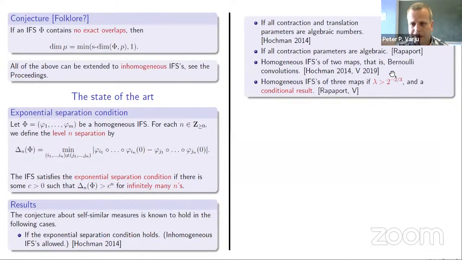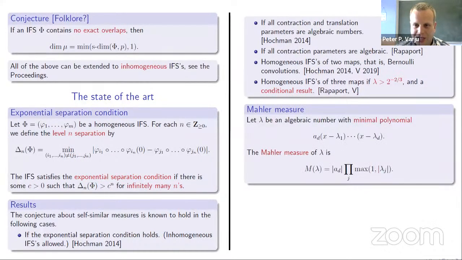And then together with Rappaport, we tried to extend this proof to iterated function systems of 3 maps, again homogeneous. And we succeeded if lambda is sufficiently close to 1, so if it is larger than 2 to the minus 2/3. And we also have a conditional result. And to explain what the conditional result is, I need to tell you